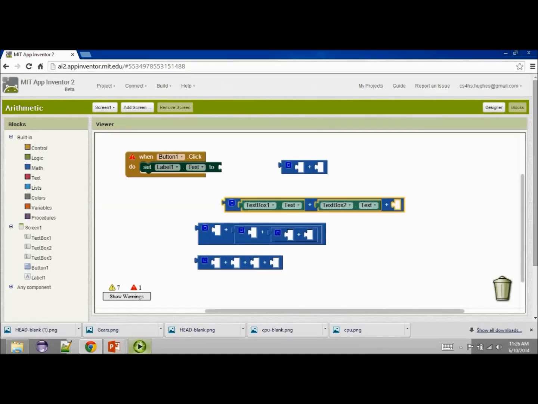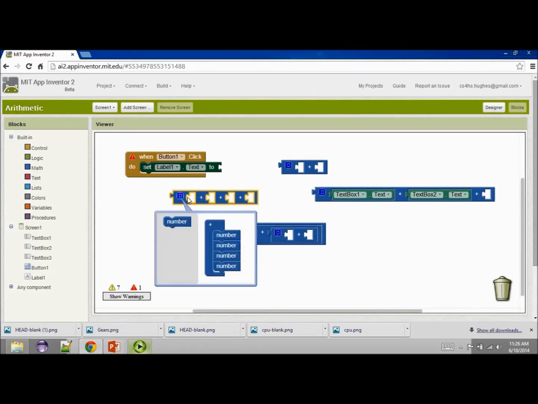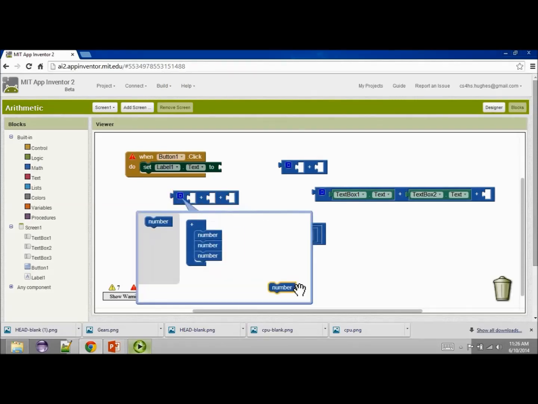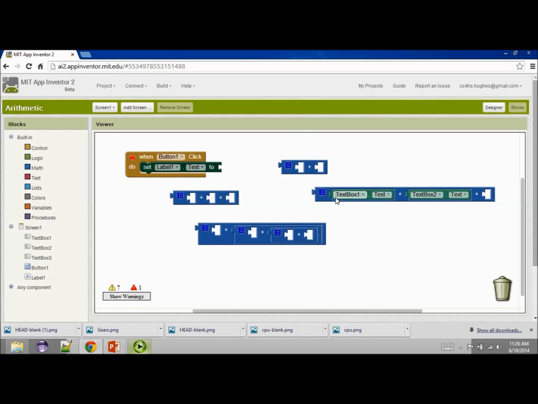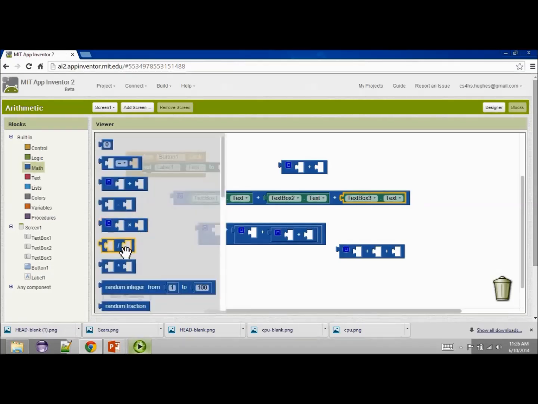Okay, here's my solution. I'm going to take those three numbers. I'm going to take this addition block here, and I'm going to take one of those out. So I'm going to add three numbers together. I'm going to add together text box 1, text box 2. I'm going to cheat here a second. I'm going to copy this guy, right-click him, I'm going to duplicate him, and I want text box 3. It's text. Right? I'm going to take those three, I'm going to add them together, and then I'm going to divide all